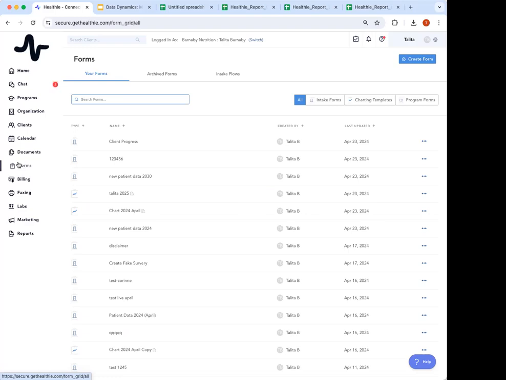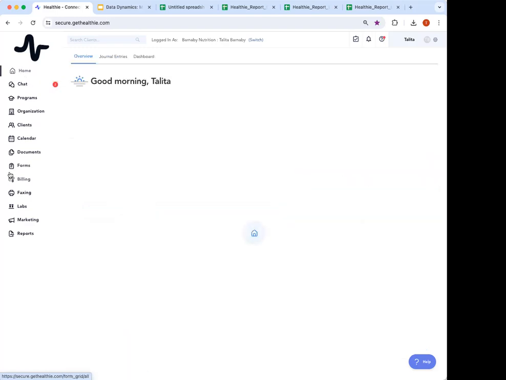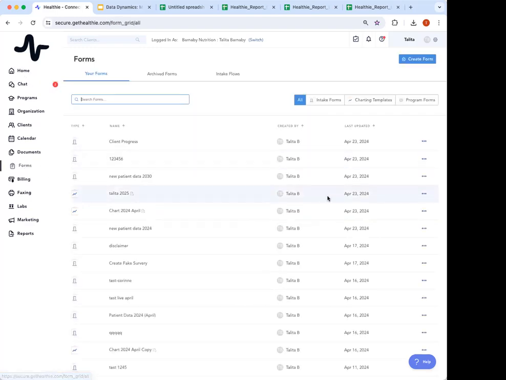So if you could just click into a form and show under that options button how to generate a report from there, that might be great. Yeah, of course. Great thing to show, Jen. Thank you. So right here, Jen is mentioning, under the forms tab, let's say you have a survey